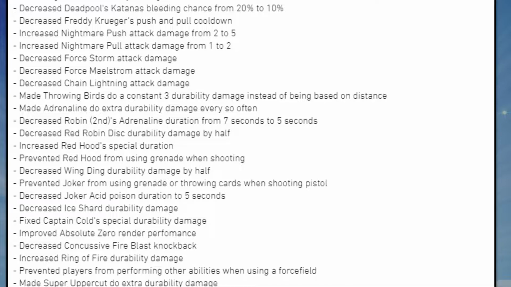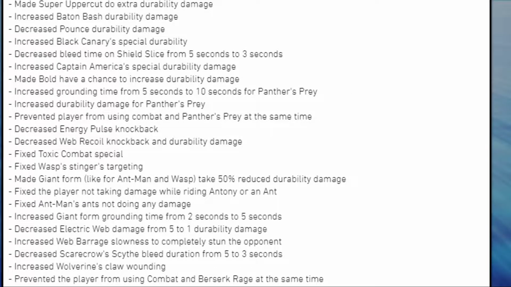abilities when using a force field, made Super Uppercut do extra durability damage, increased Baton Bash durability damage, decreased Pounce durability damage, increased Black Canary's special durability, decreased bleed time on Shield Slice from 5 seconds to 3 seconds, increased Captain America's special durability damage, made Bold have a chance to increase durability damage, increased grounding time